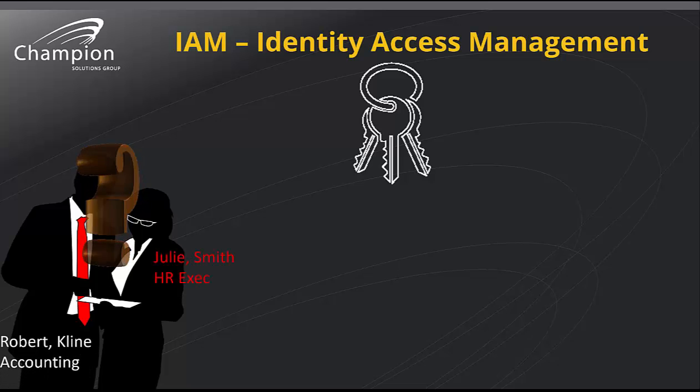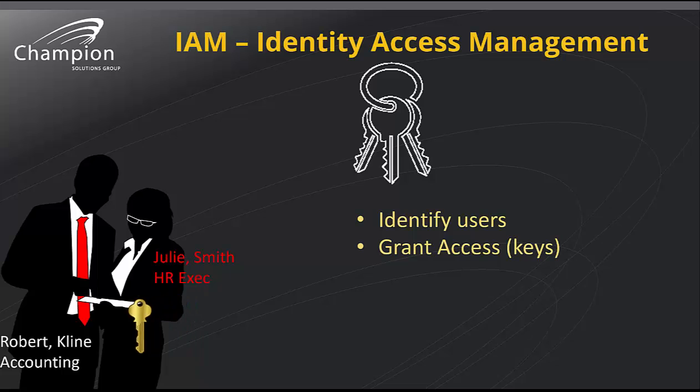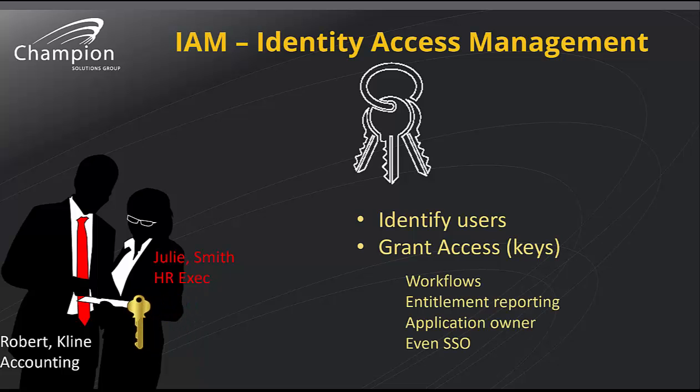By identifying what our users are, what their job roles are, and identifying them, we can take that question mark away. Now we understand exactly who the person is, what their job function is, and we can then grant them access, usually denoted by giving them a key or access privileges to a said resource. Identity access management usually comes with various workflows, entitlement reporting, identifying application owners, and even in some cases can supply a single sign-on to link various dispersed applications together, making it easier for users to do their work while still